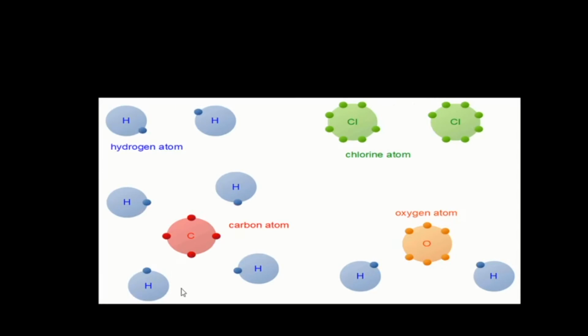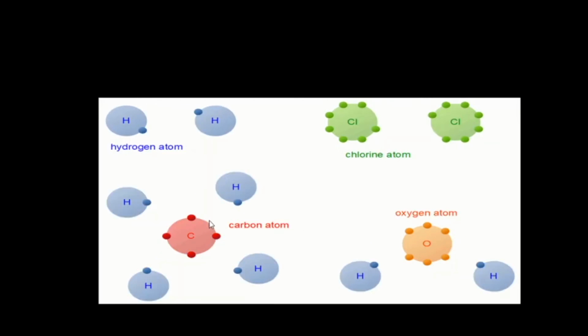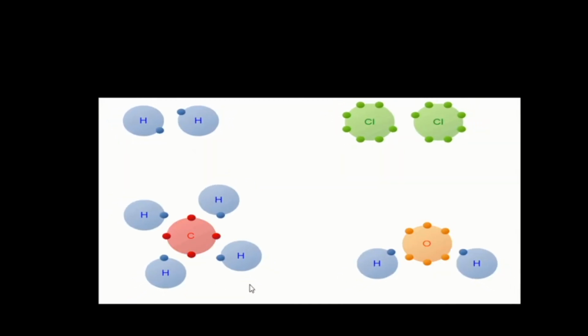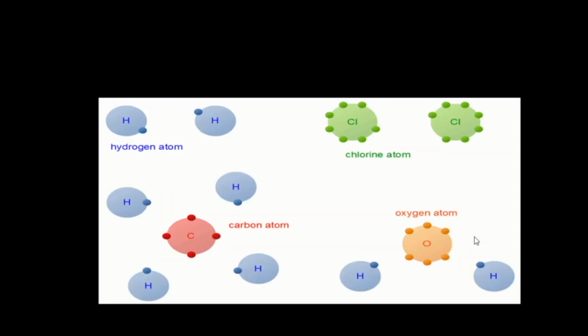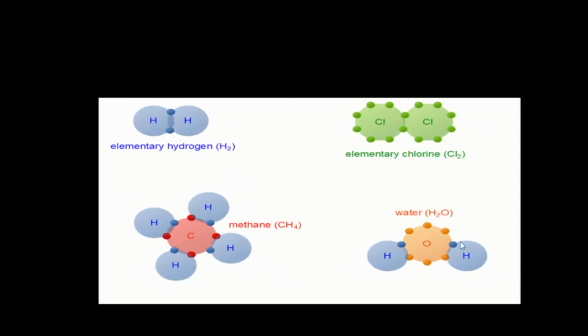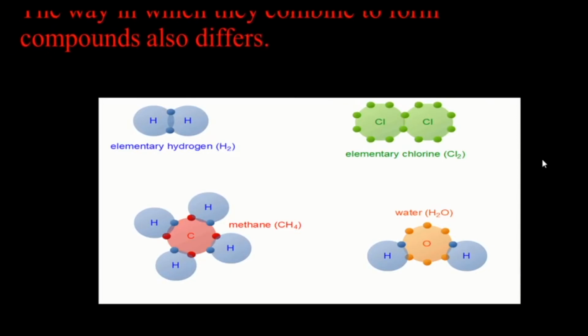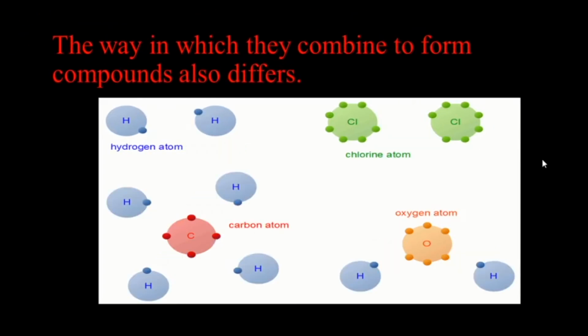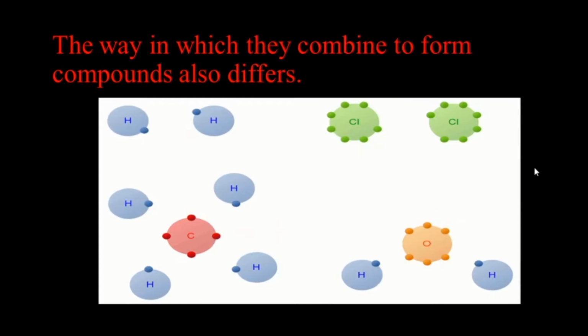The carbon atom has 4 electrons in the outermost shell, and by getting 1 electron from each of 4 hydrogen atoms, it has a stable electronic configuration of 8 electrons. In the water molecule, oxygen gets 2 electrons from the hydrogen atoms and forms a stable water molecule. The way they combine to form a compound is based upon the valence electrons. Depending upon the combination, chemical bonding is classified into the following types.